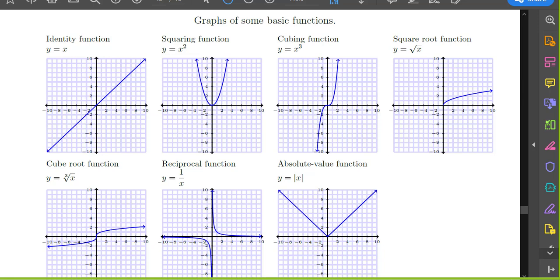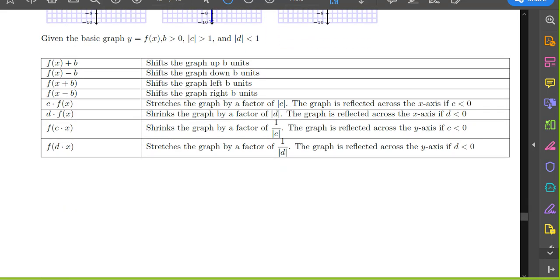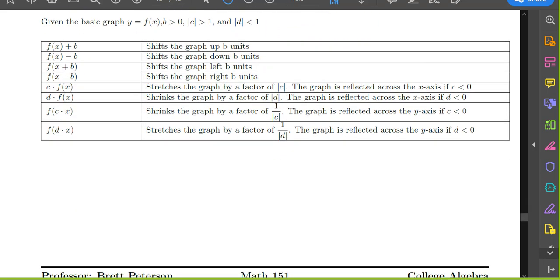So the parent function is what we're going to use to apply the transformations that we're going to be doing in this section. Then we'll notice below our parent functions, we have a table that tells us about the different translations, reflections, and stretches. We also have, given the basic graph or the parent graph y equals f of x,